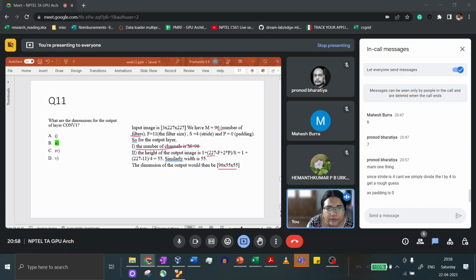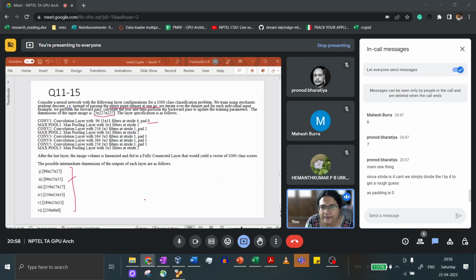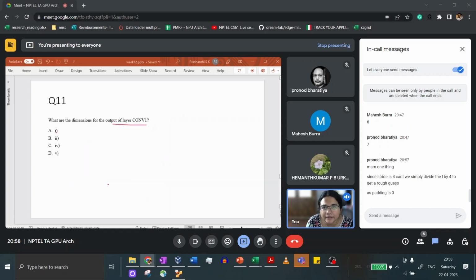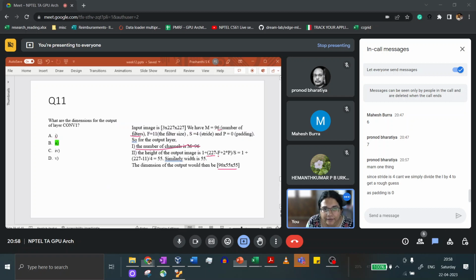Since there is 4, yeah, if your options are very different, you can quickly do that also and see. If you have options that are very close, maybe 55, 56, 57, then you will need to put the value of f also to check. But if not, that could give you a rough guess. Yeah, that would be a good approach too.